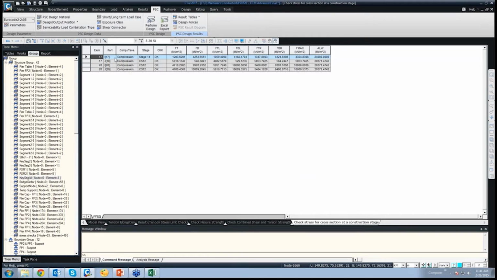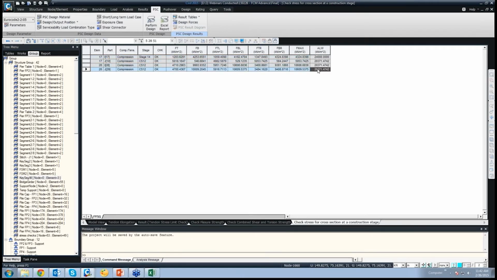For 17 element at I end, in 14th stage maximum is occurring, and for the other cases it's happening in the 12th construction stage. So these are the stress that are acting at the particular locations, at the top, at the bottom, the top left, bottom left, top right, bottom right, and out of all these, this is the maximum value of stress that is acting at that section, while the allowable values based on the codal provisions are stated in this column.